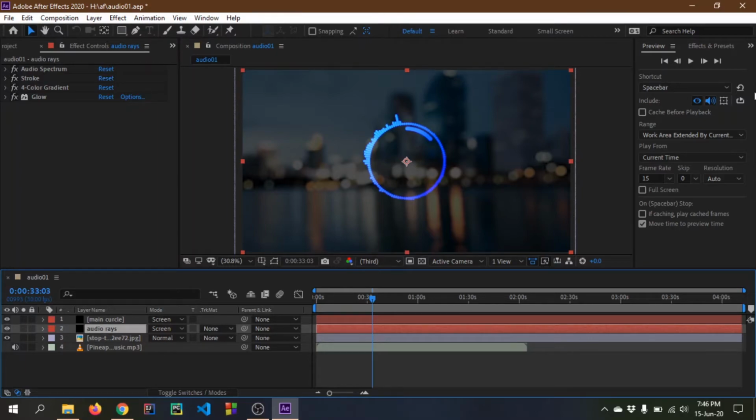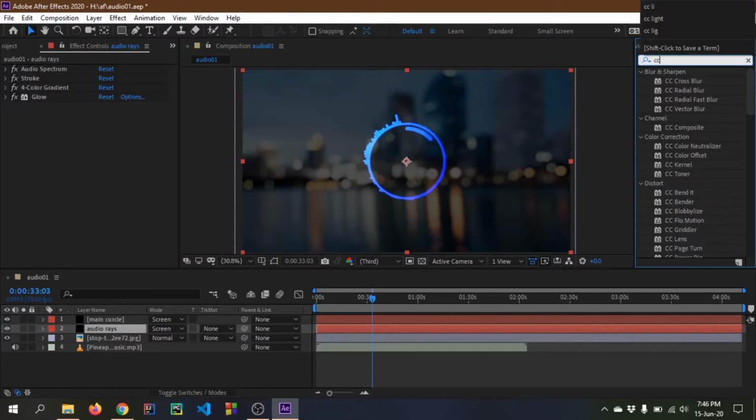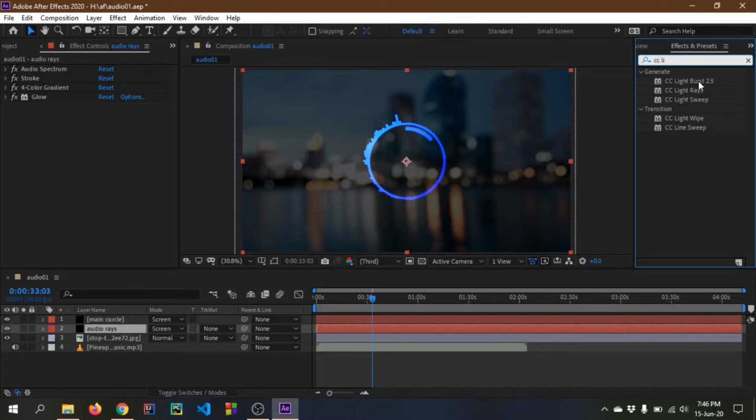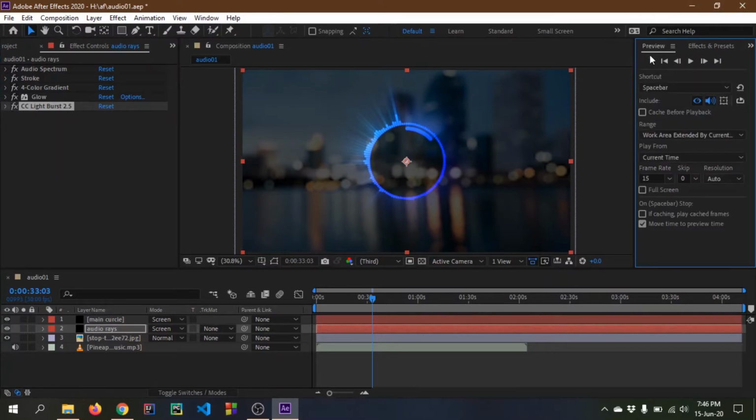So what we can do, we'll select another preset. This one is named CC Light Burst 2.5. Double click it, and we'll have a light burst here. You can see it's looking so modern and beautiful right now. We can increase the length of our rays to 100, and the intensity is fine as it is, no problem with it. And if we play this now,